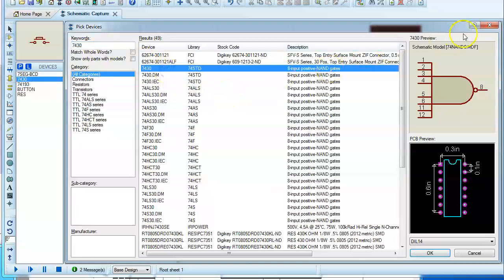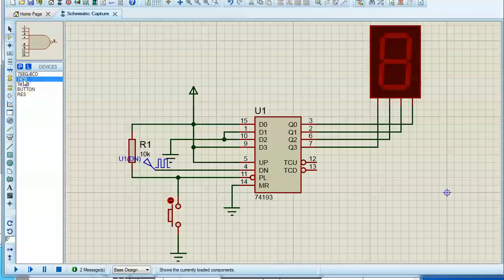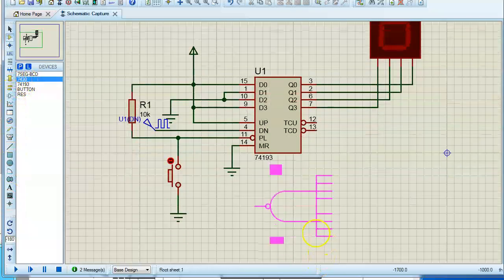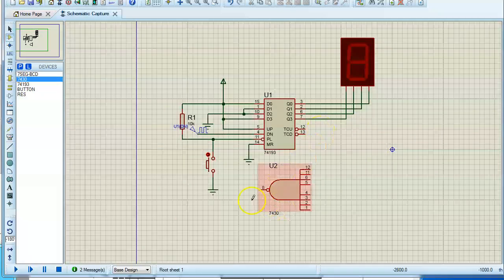So I'm going to add this now. Okay, so I'm going to place this NAND gate somewhere here. Okay, now there's nothing wrong. We can connect this one over here also. The output: as you can recall the NAND gate truth table, the NAND gate is going to produce 1 for all the conditions, and it's going to give you 0 when all the inputs are 1, isn't it? So let us say now I want to count from 9 to 3.